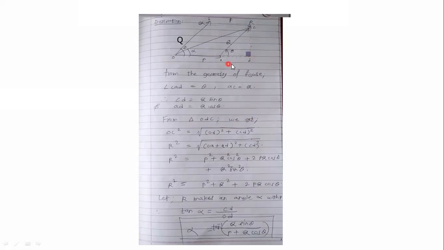Okay, now here OD will be equal to the addition of OA plus AD. This complete side will be the addition of OA plus AD. So it has been written here. So OA will be equal to P, but AD will be equal to, now remember this thing here, this is most important. This AD will be equal to what? This AD will be equal to Q cos theta.